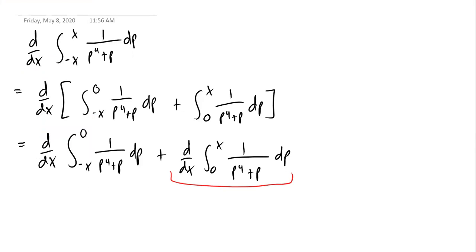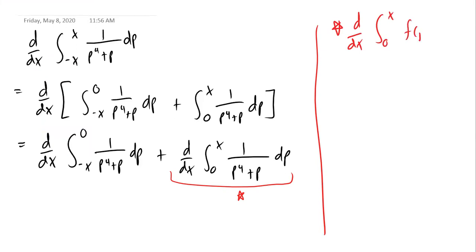So this part in red, let me write it as star. This part star is exactly the derivative of an integral with a constant on the bottom and x on the top, of an expression involving p. Right? In this case, the expression being 1 over p to the fourth plus p. Right? So by the fundamental theorem of